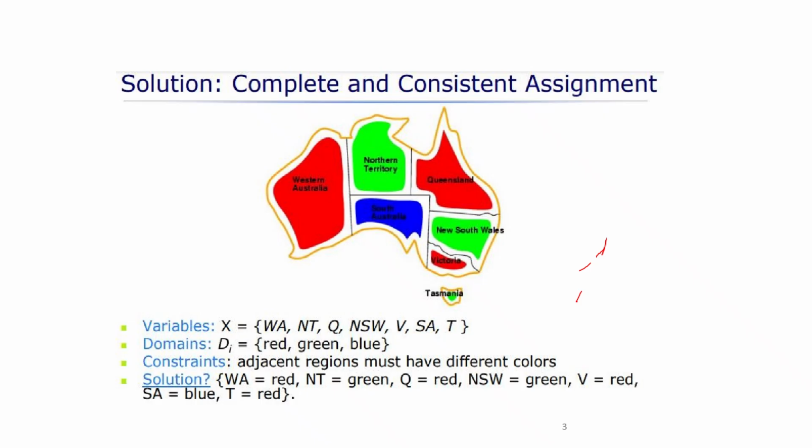We want to choose a different color from the red we have chosen, so apart from red we choose any two colors. So for example, Northern Territory we can choose green, and